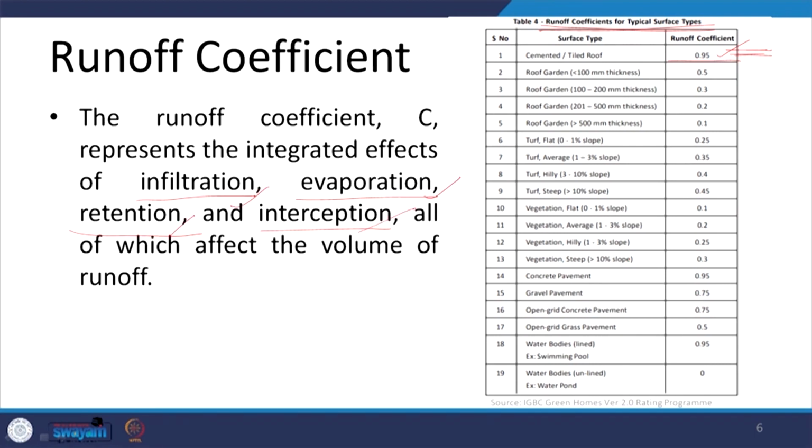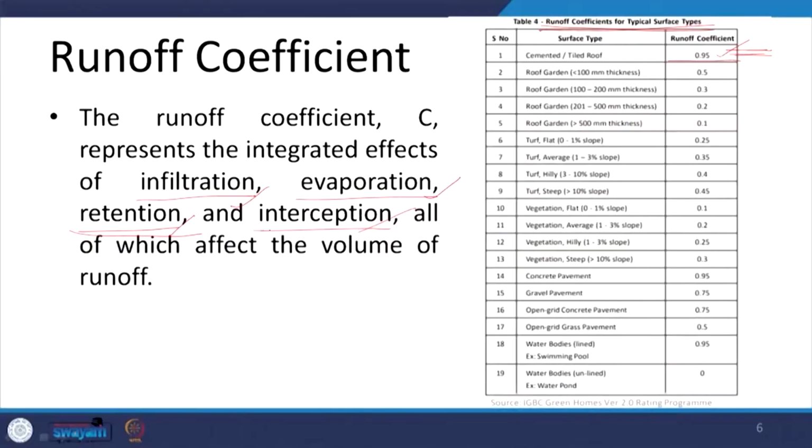Retention and interception is by virtue of the design. So, how the material is used on the site, what are the different levels, how the flow is going to be intercepted, whether there is a pond, whether there is a water body for retention or not. So, these two are largely taken care of by virtue of design, and here we are talking about the different